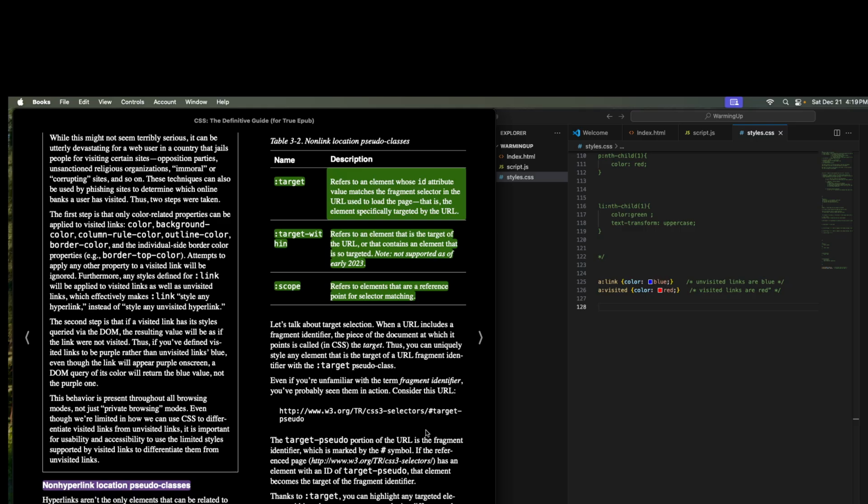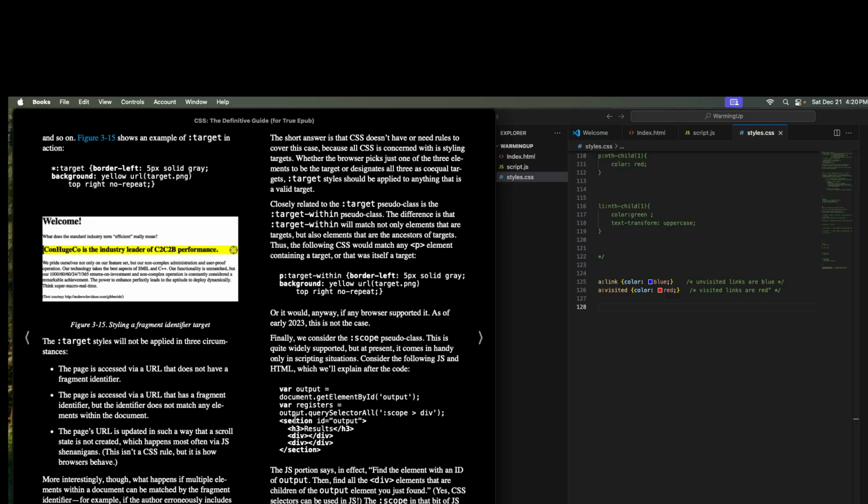Also, what they're saying is, suppose you want to highlight one specific thing, so instead, just target that specific thing and then that will get highlighted. That's what he's trying to say. So this is all selector. This is target border left. So wherever I have this URL target.png,